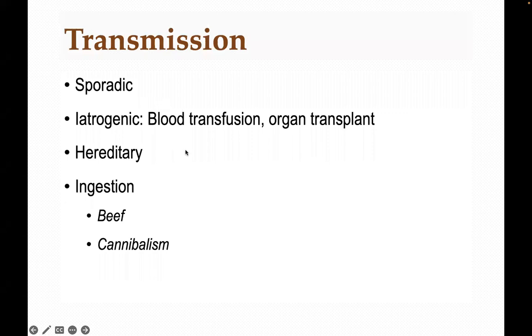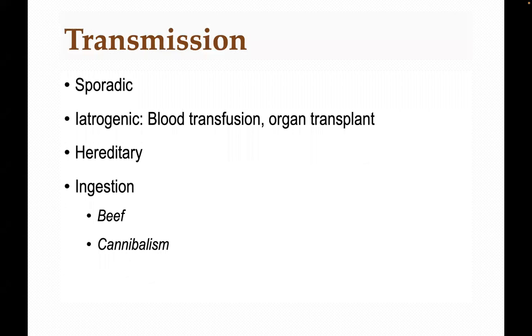So what are the transmission dynamics for the prionosis? We already talked about it in some of the other slides, but we'll proceed and talk about it more. Number one, it can be due to sporadic changes in the somatic cells. So it can be due to point mutation in the gene that is encoding the prion protein, or it can be iatrogenic, meaning that it can arise from a medical context in terms of maybe someone getting blood transfusion from someone who had